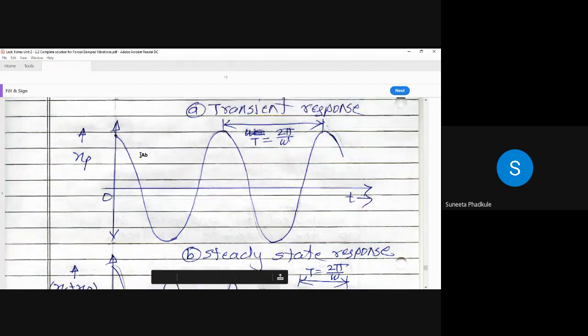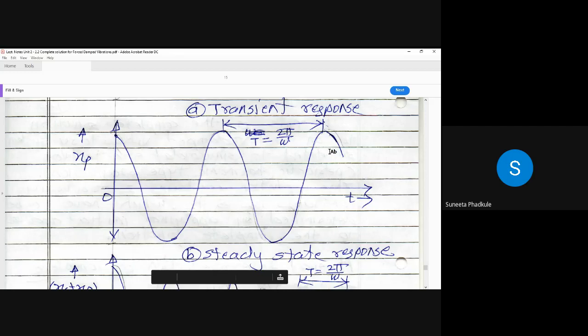It is denoted like this, as if it is an undamped vibration, an ideal case. The graph is like undamped, meaning damping is not provided, but it is an ideal case. That is, no friction, no damping, nothing. It will go on, like a simple pendulum vibrating from left to right, right to left in ideal condition, theoretically, because we consider no damping. Okay, so as long as the force is acting on the system, the steady state vibrations will be present in the system.